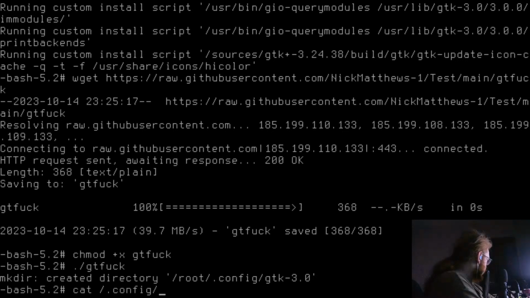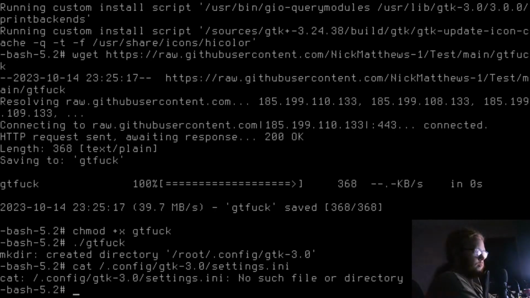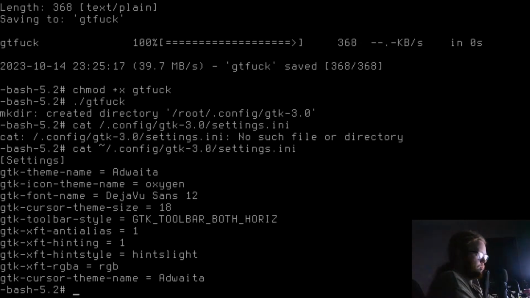Config /gtk-3.0/settings.ini. Okay, thank fuck.